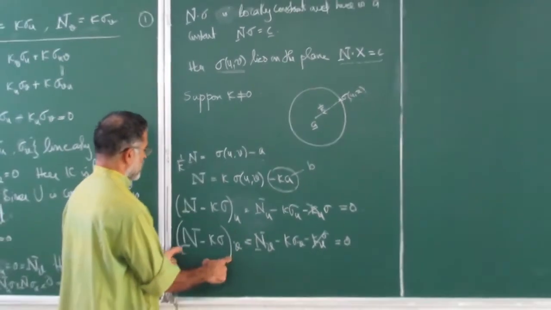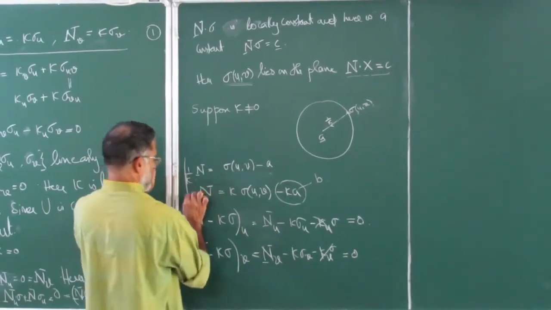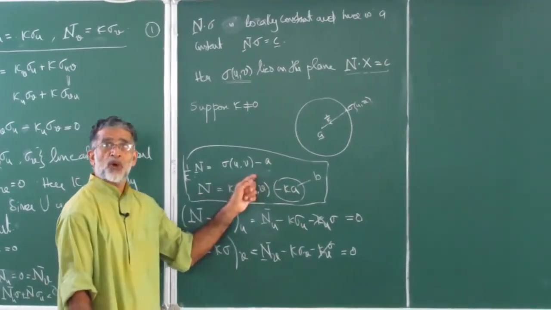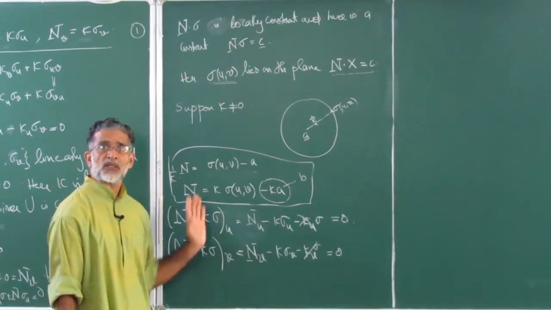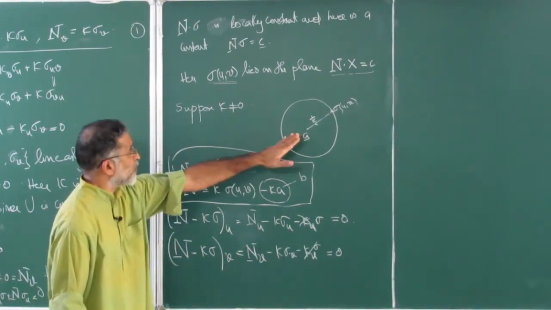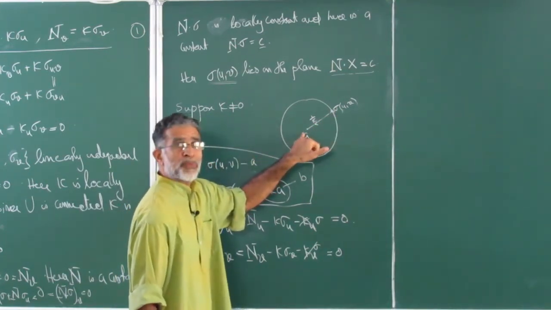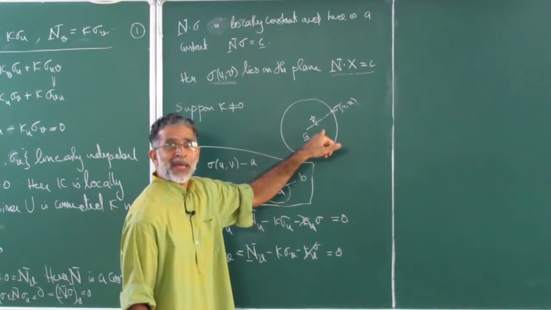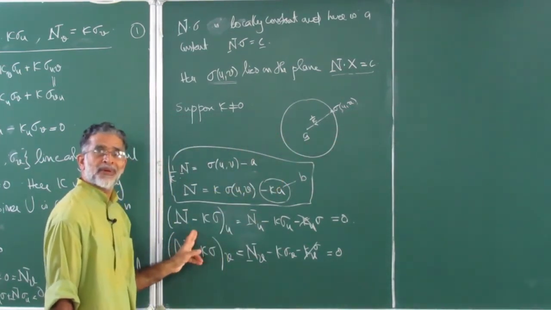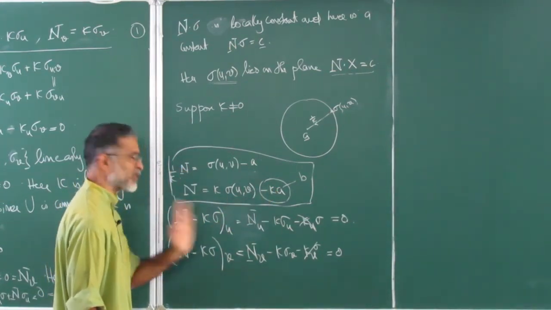Therefore, this derivative is 0. Ignore all these things. Of course, in a bookish proof, you don't worry about all that. But if you have the geometry with you, then you don't have to worry. That's what I was telling: how do you invent the proof? If you know that this vector is sigma uv minus a, and the radius is expected to be 1 by kappa, I just used these two to get this expression. So if I show that n minus kappa sigma is constant, I am done. So that's what we did.